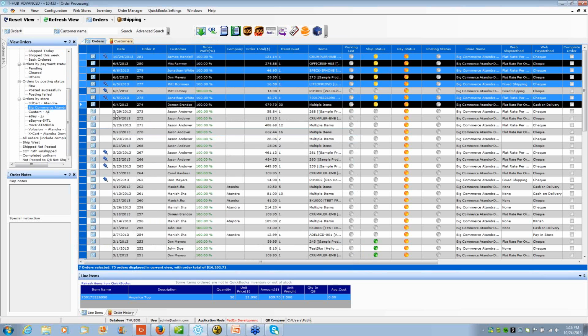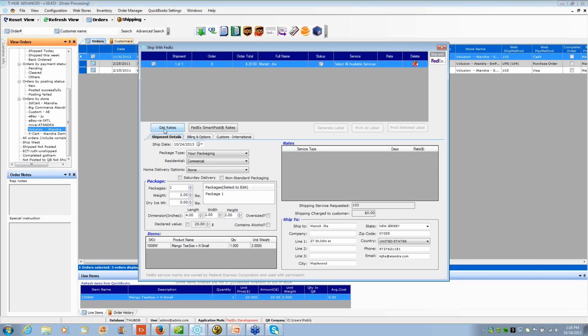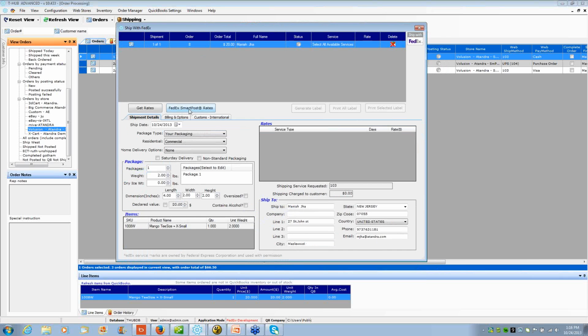I am looking for a scenario for Smart Post, which was under Volusion, I think. Yeah, I've set up my Volusion store to do a Smart Post. So Smart Post is similar to regular shipments. You select the order, go to Ship with FedEx, and instead of Get Rates, you have to do FedEx Smart Post rates, because it gets rates differently from FedEx. So do a Smart Post rates, and that gives you a FedEx Smart Post option, and you can generate the